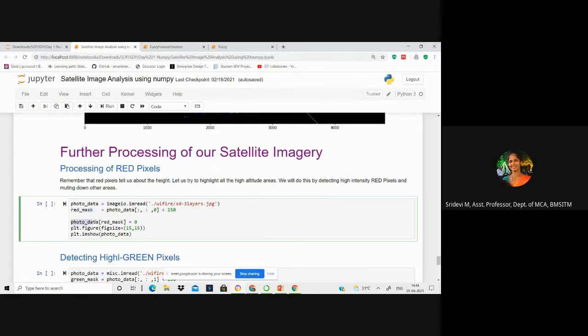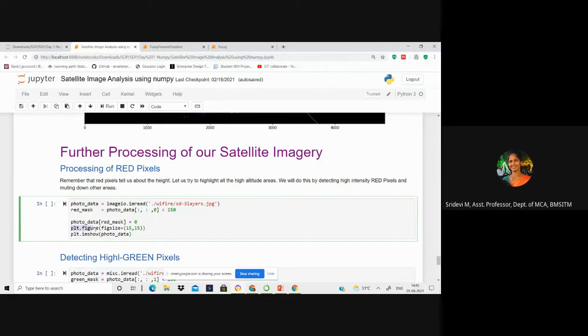Now you apply this red mask on the photo data and make them 0. So all red intensities lesser than 150 will be suppressed, and only high intensity colors will be projected in the image.